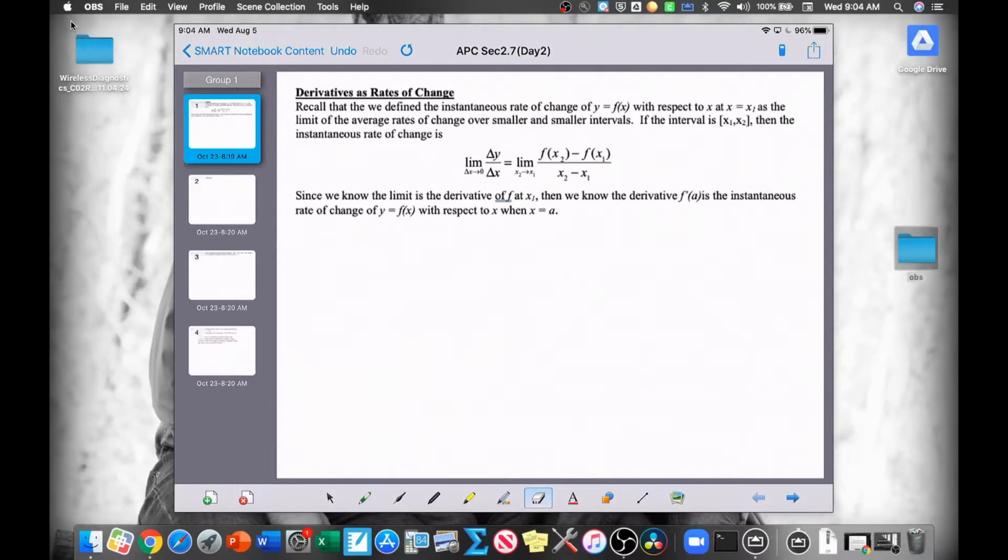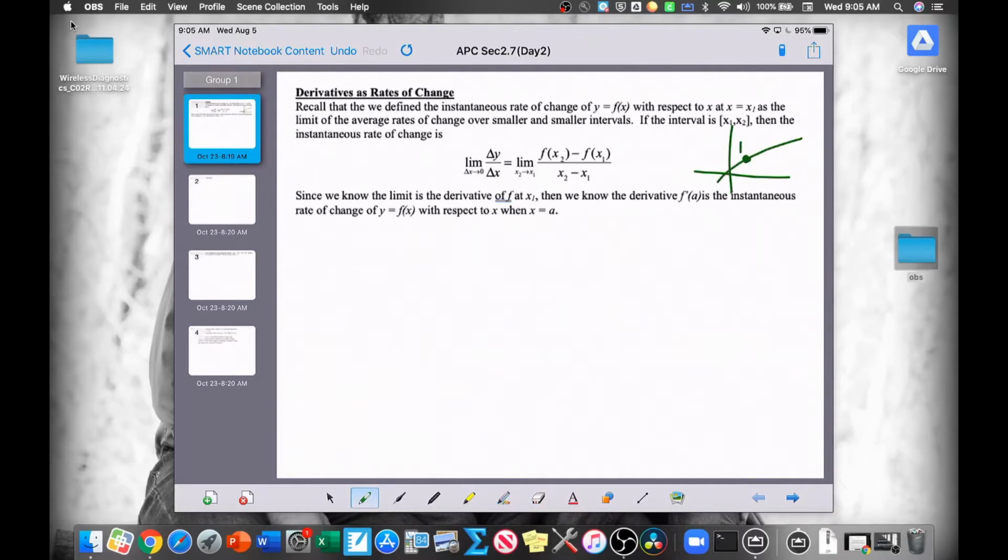Today we are going to continue talking about derivatives as being rates of change of a function. Recall in the previous section that we defined the instantaneous rate of change of some function f of x with respect to x at some point, x equals x1, as the limit of the average rates of change over smaller and smaller intervals. So again, think about our picture of our curve